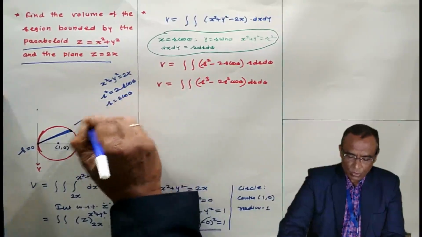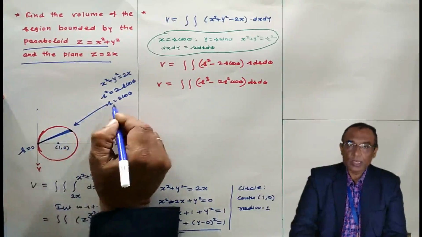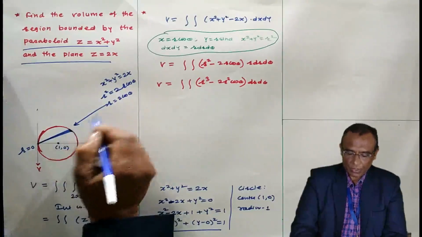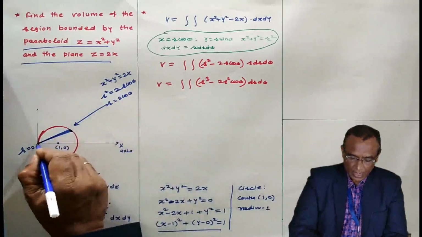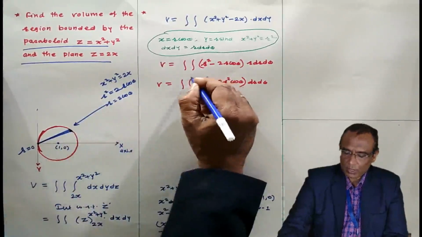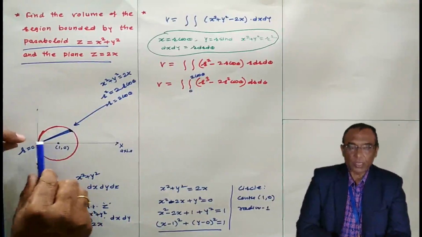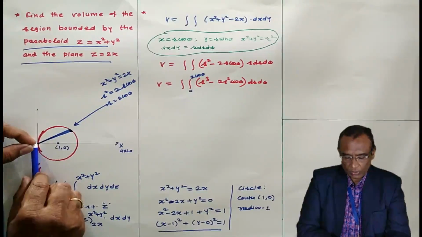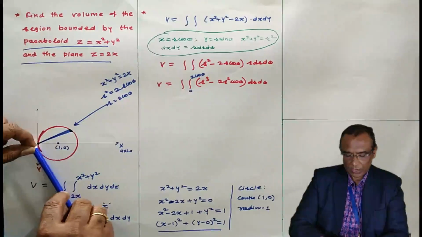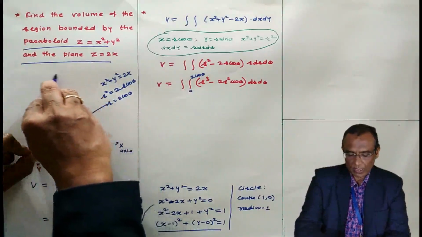The equation r equals 2 cos theta is the equation of this circle, and this end of the strip lies on this circle. Therefore the value of r at this end of the strip is 2 cos theta. Here r is 0, I am writing 0, and at this end r is 2 cos theta. Now I want the value of theta. In order to cover this circle, I keep this strip at this place, and I am going to rotate this strip so as to cover the entire circle.